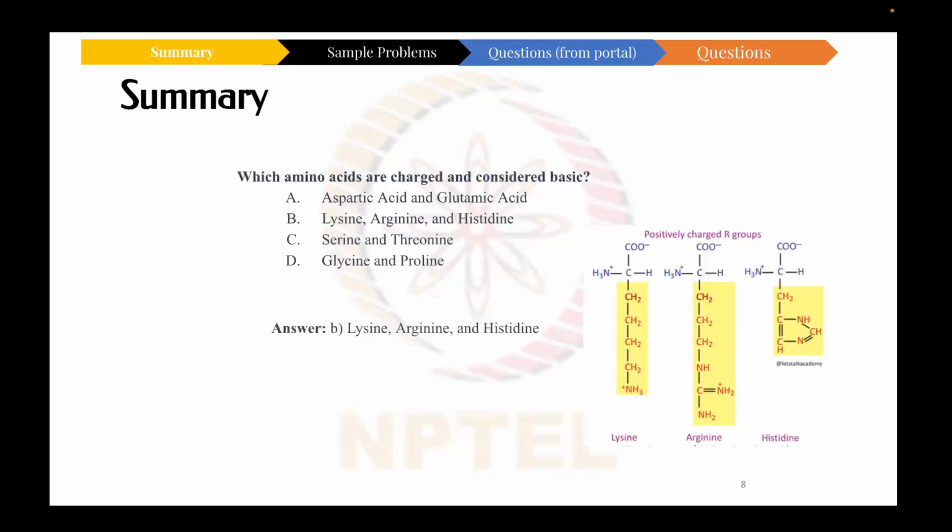So amino acids such as lysine, arginine, and histidine are charged and considered basic because they carry a positive charge